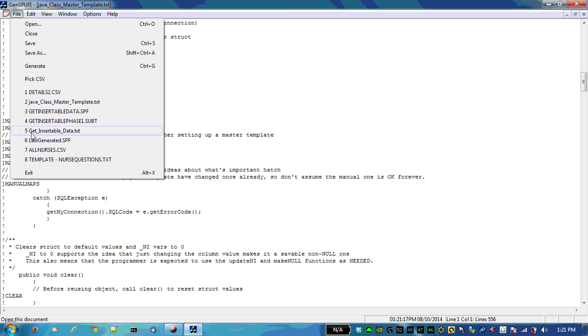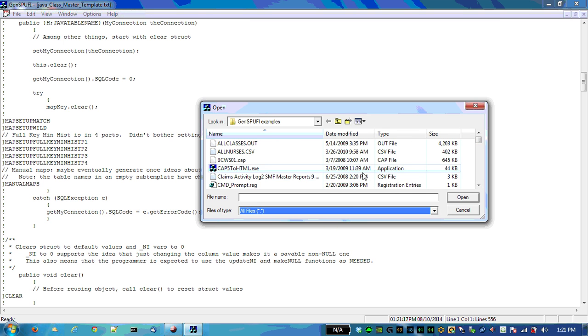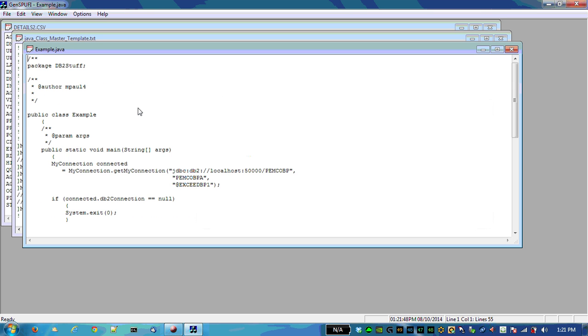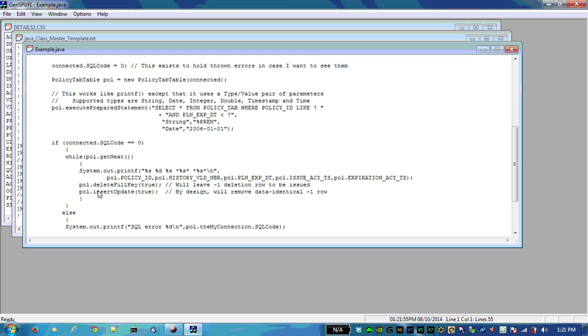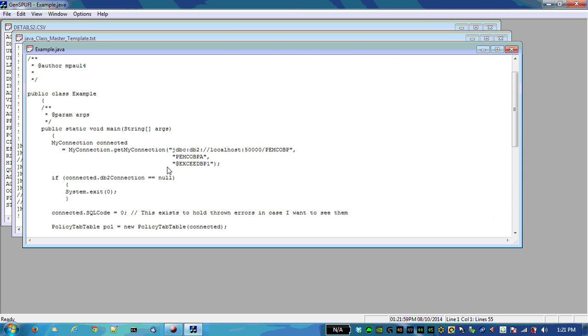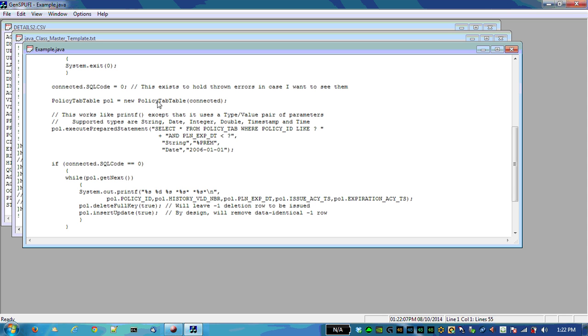I don't know if I still have the examples anywhere handy. Let's see here. Well, this is how it was going to work. Basically, there was a connection set up to get to the database, and then this particular example of the class is a policy tab table,